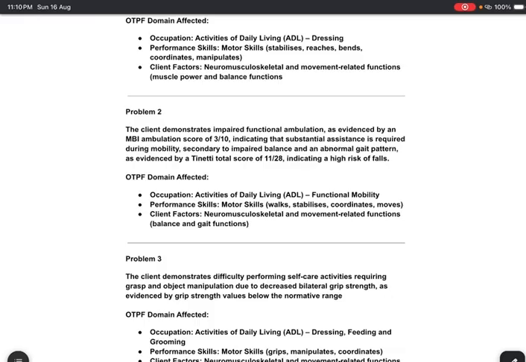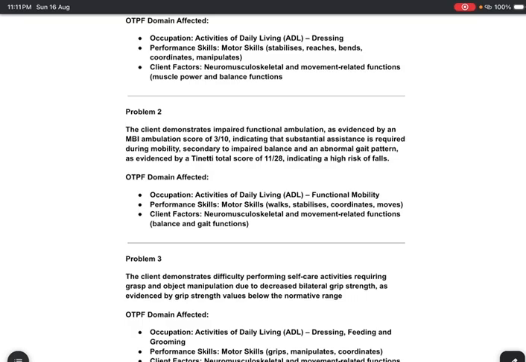Mr. K's MBI ambulation score was 3 out of 10, indicating that he requires substantial assistance during mobility. This is related to impaired balance and abnormal gait performance, as supported by his Tinetti score of 11 out of 28, indicating a high risk of falls. According to the OTPF, the affected occupation is activities of daily living, specifically functional mobility. The affected performance skills include walking, stabilizing, coordinating, and moving, while the main client factors are balance and gait-related neuromusculoskeletal